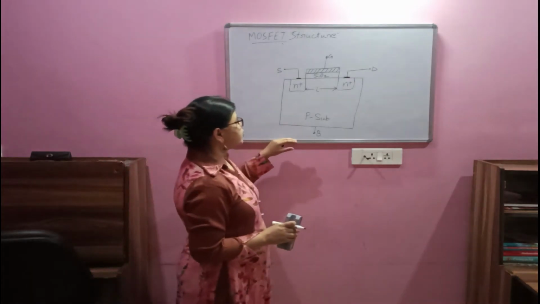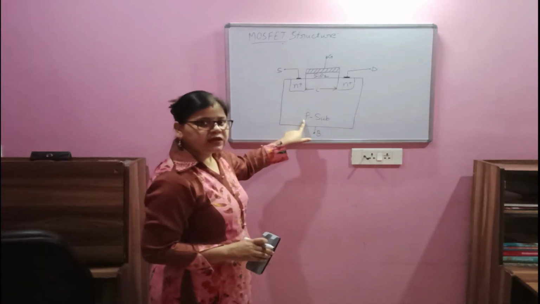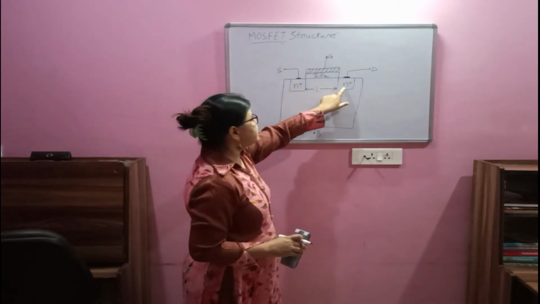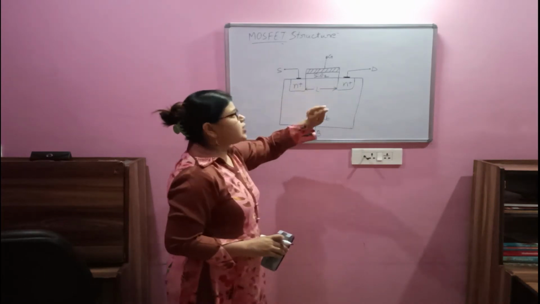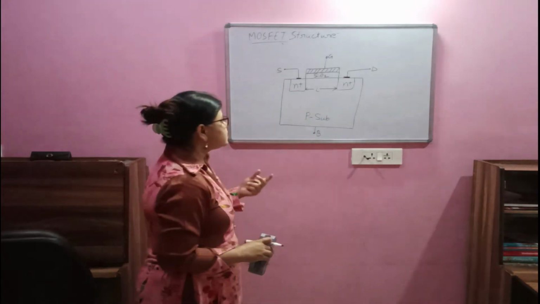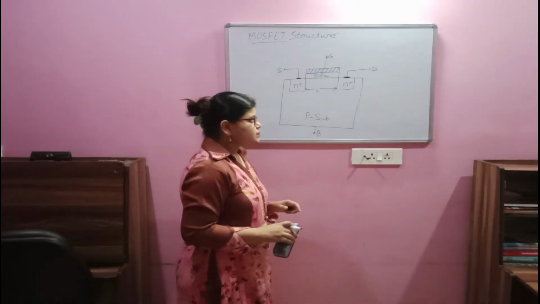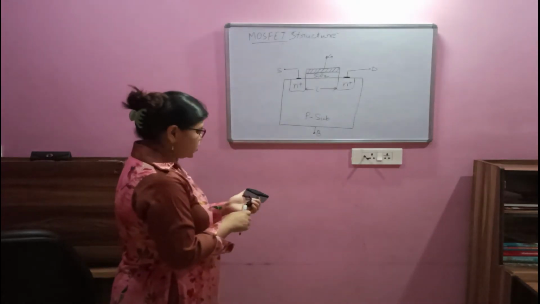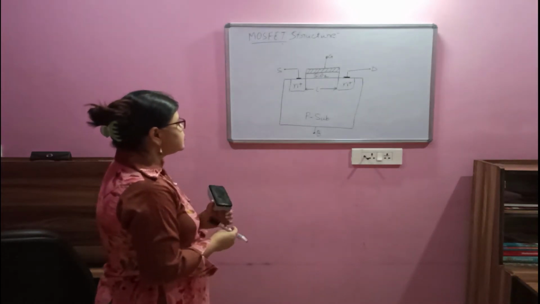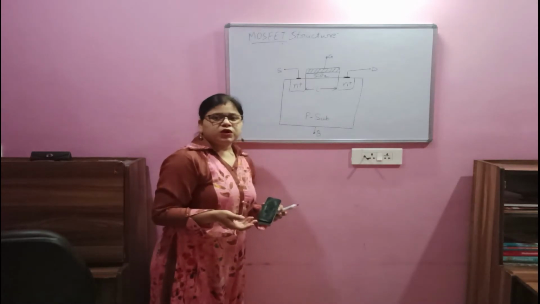If we have to draw it for the PMOS, then this P substrate will be replaced by an N-type substrate, or N-type silicon. For these diffusion areas, rather than writing N plus, we will depict them as P plus. Then that structure will be the well-known PMOS structure. So now the structure and the symbol are clear to us. Next we will move towards the current-voltage model of the MOSFET.